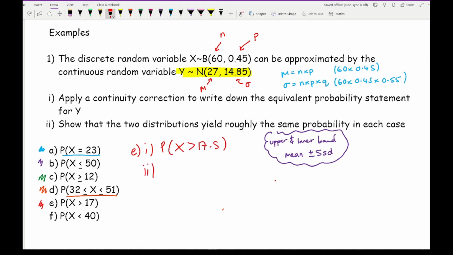Then looking at the binomial expression, again setting the parameters of 60 and 0.45. And what I'm working out is x greater than 17, which is 1 minus the probability that x is less or equal to 17. Entering that on your calculator should give you a value of